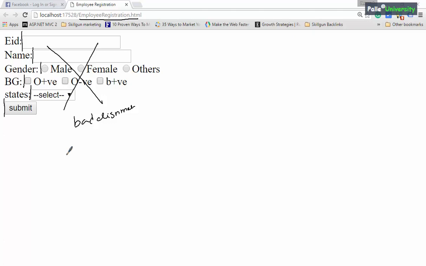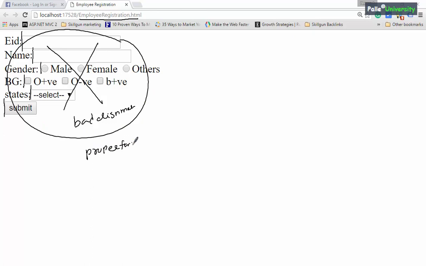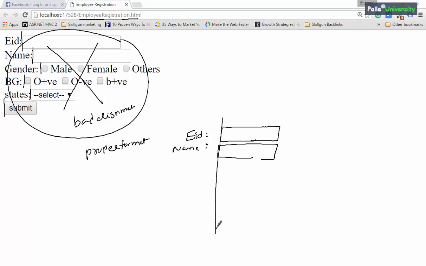Now my requirement is, I just wanted to display this entire user interface in proper format using proper alignment. So what is that proper alignment? In the sense, I would like to display the user interface something like this: EID text box, next name text box. It must be aligned exactly something like this in the vertical line. Similar way, gender, maybe male, female, and finally others.